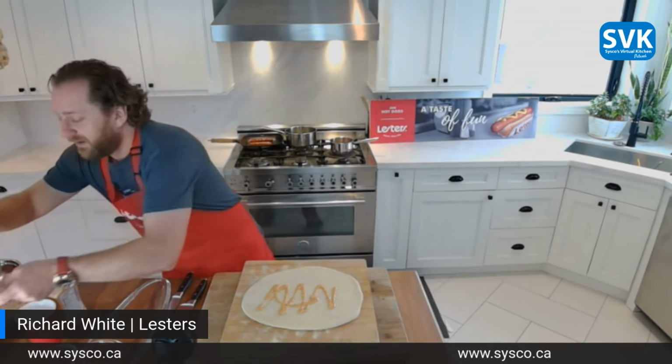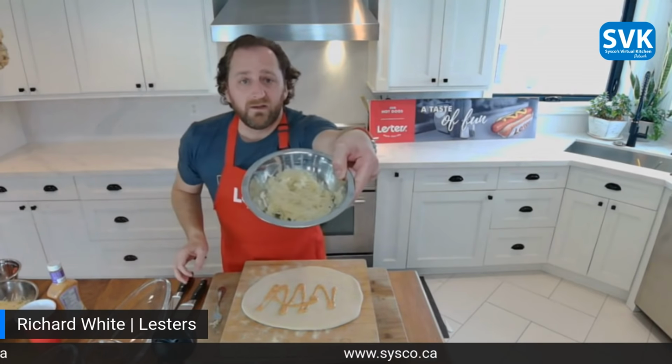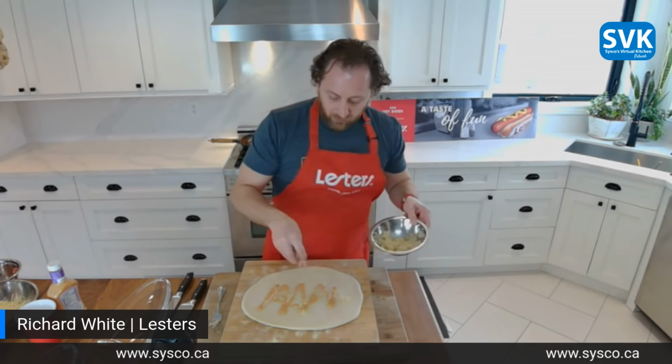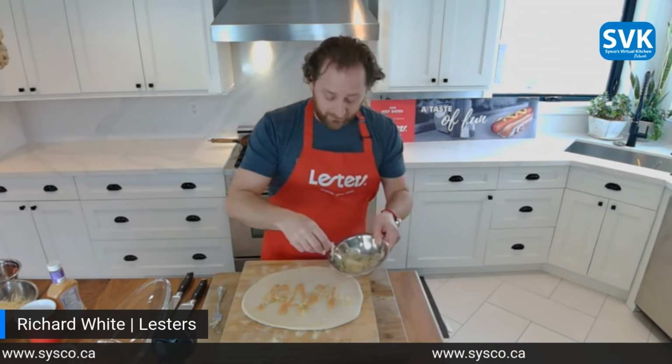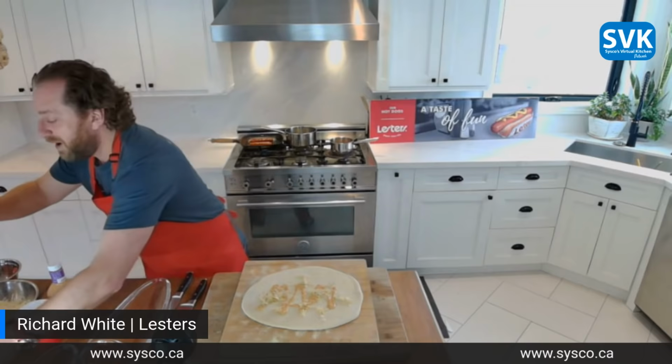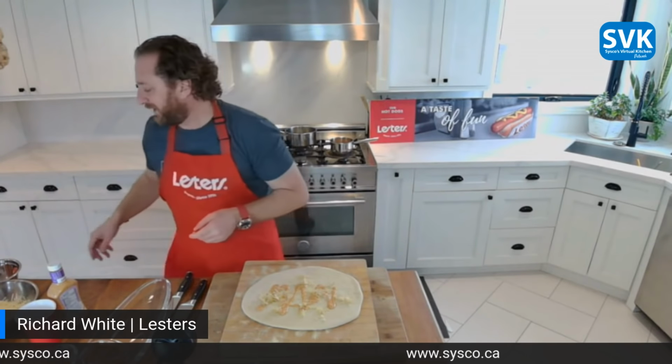And then we need sauerkraut. So sprinkle the sauerkraut in there. Make sure that you strain out the sauerkraut pretty well because it's pretty juicy. But that's going to give you that umami flavor that he talks about, that he likes so much in there. And then, of course, what would it be without